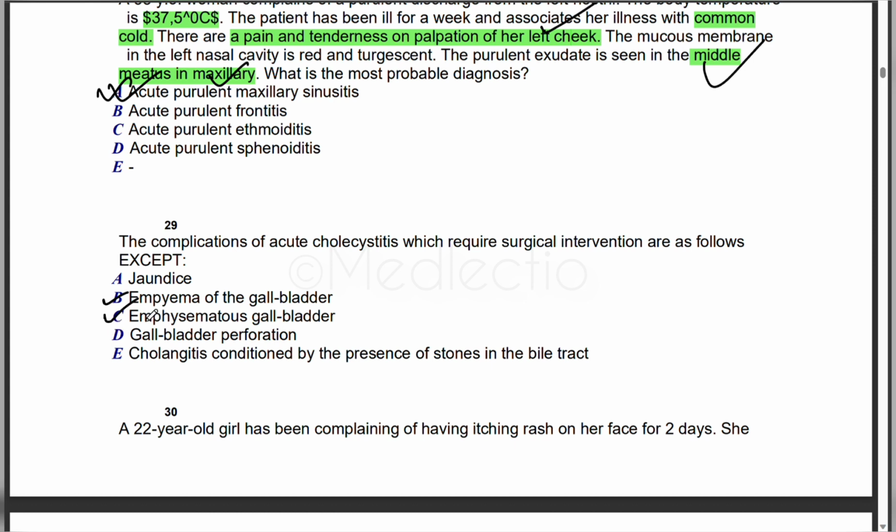Emphysematous gallbladder, we need to cut out the gallbladder. Gallbladder perforation, emergency. Cholangitis caused by the presence of stones in the bile tract, also emergency. Jaundice is a non-specific sign, so we have time to check what happened there, and we can also do some medical management. So it is not an indication for